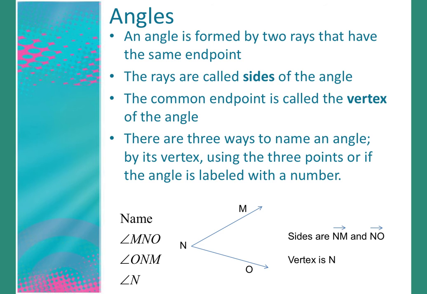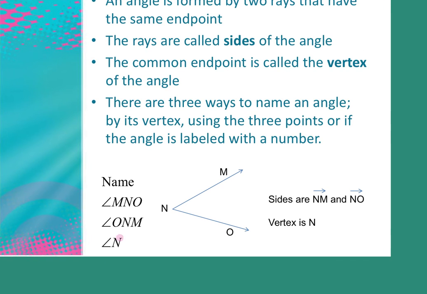There are 3 ways to name an angle. By its vertex, and that only works if there's not overlapping angles. So only if that vertex only belongs to one angle, which I'll show you a little bit what that looks like. That you can use just the vertex, like I can call that angle that's there angle N. That's one way to do it. Or the 3 letters in either order as long as the vertex is in the middle. So I could call it MNO, or I could call it ONM as long as the N is in the middle because the N is the